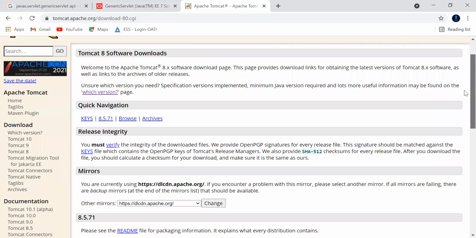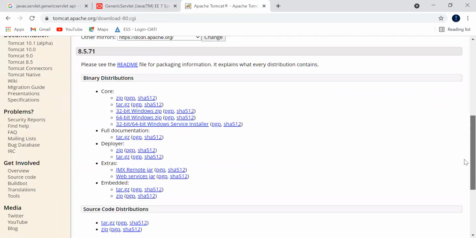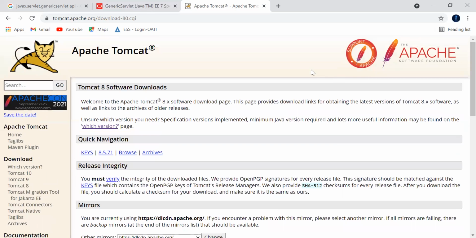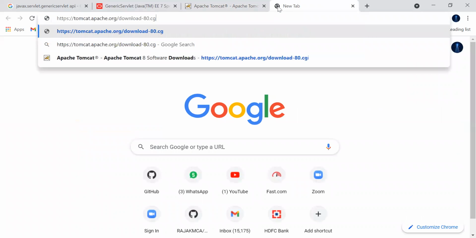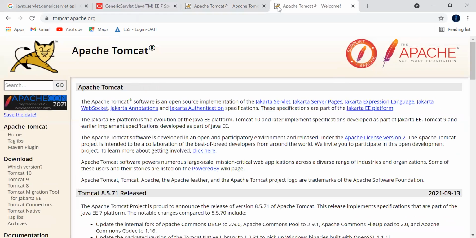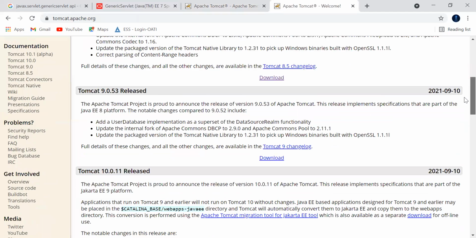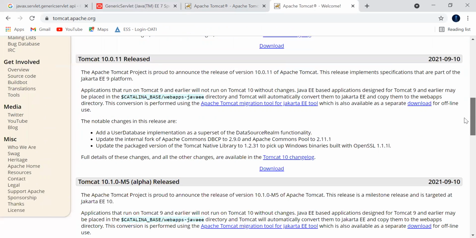I think the current version is, I guess, 16 or 17. Or no, some 12 now. Yeah, here you can see, Tomcat 10.0.11 is released.